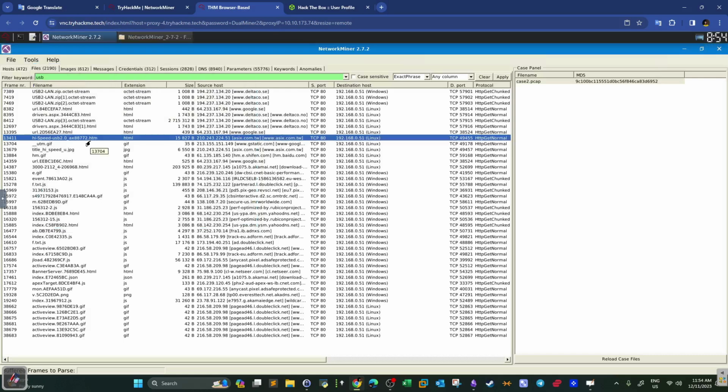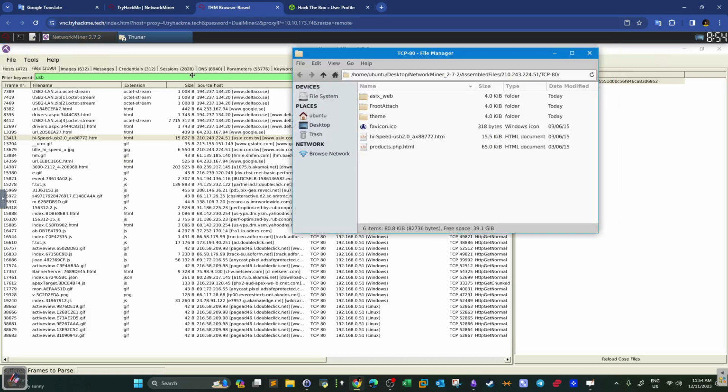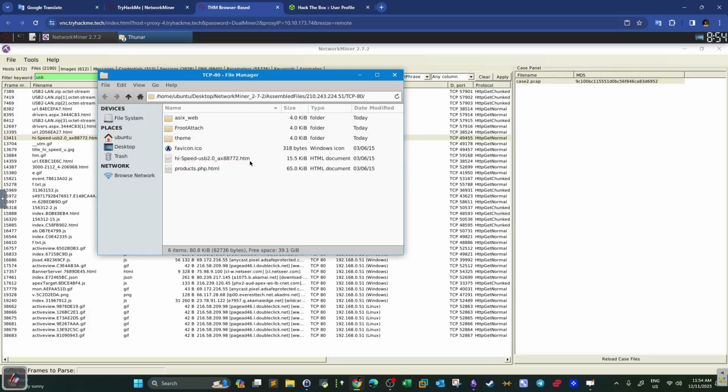Let's open the file. It's an HTML file, so we open the folder. We can see the folder storing this file. We go ahead and open this file. Now this is an HTML file. It might have information about the brand name,